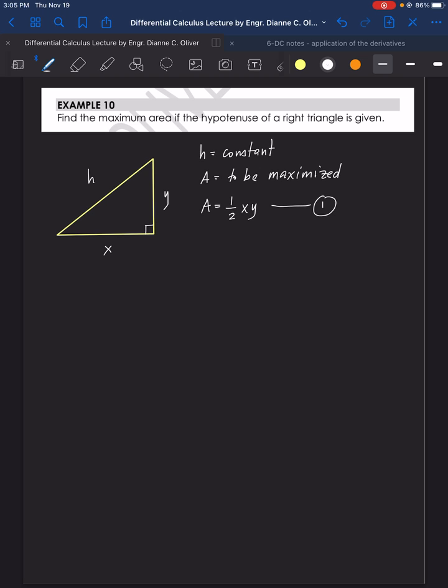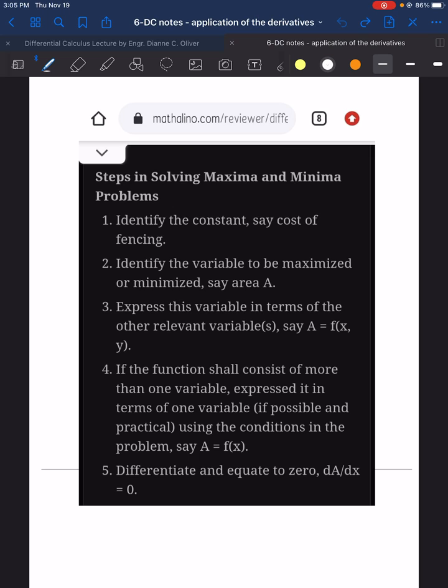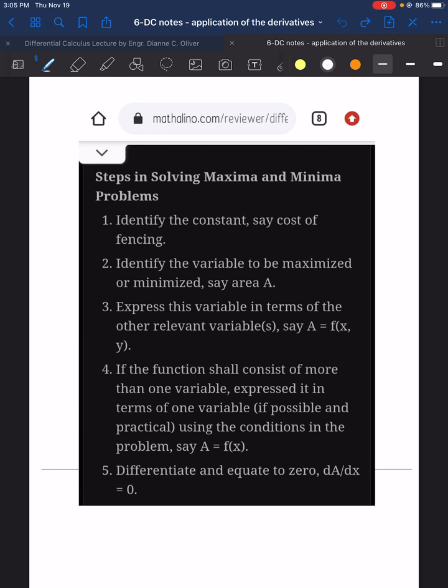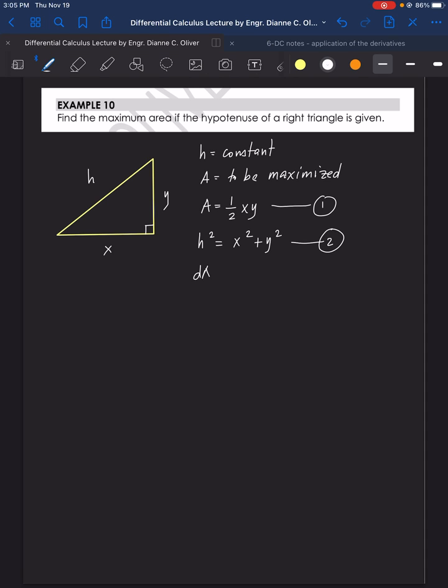Now, since we have two variables, x and y, we're looking for the other equation. That is for step number 4. So what equation can we use that includes x and y? We have the Pythagorean Theorem. So h squared is equal to x squared plus y squared, and that is equation number 2. Number 5, differentiate and equate to 0 the one being maximized. dA over dx is equal to 0 for maximum